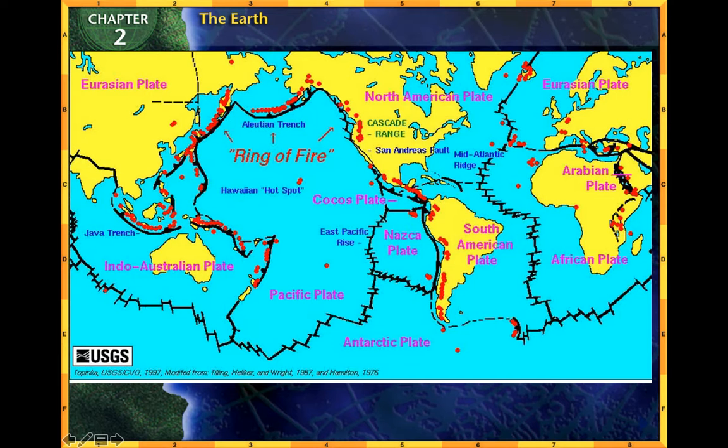Now, occasionally there are what are known as hot spots, which is where a volcano will just randomly appear because I guess the mantle needs a place to send out. And that would be where the Hawaiian Islands have formed. So they're not really anywhere near a fault line or a trench line, but it created the islands nonetheless.